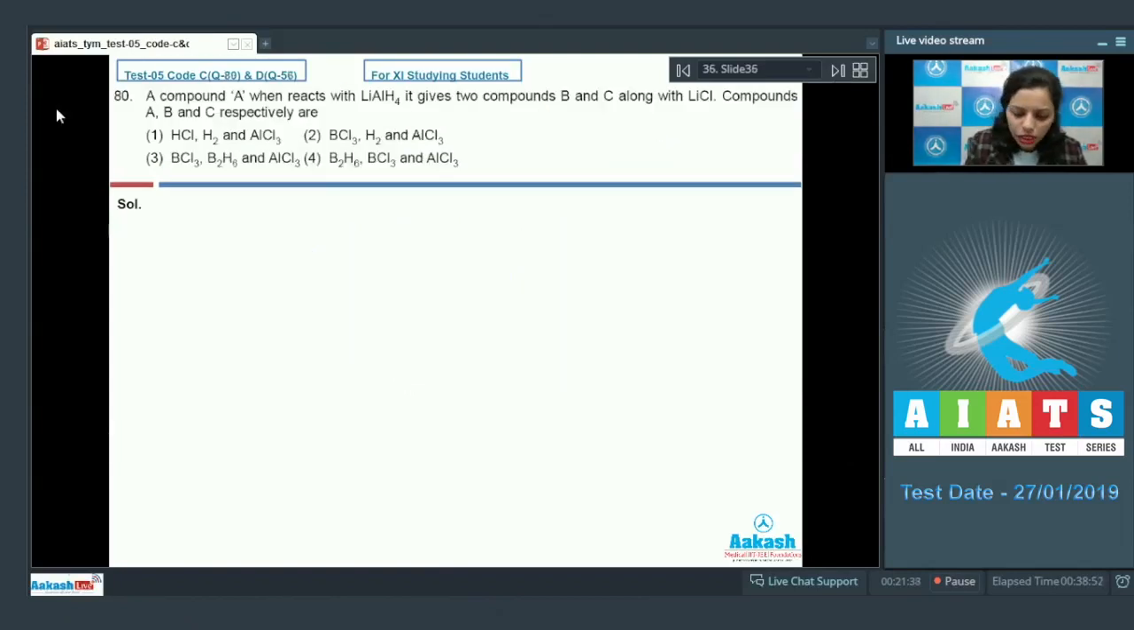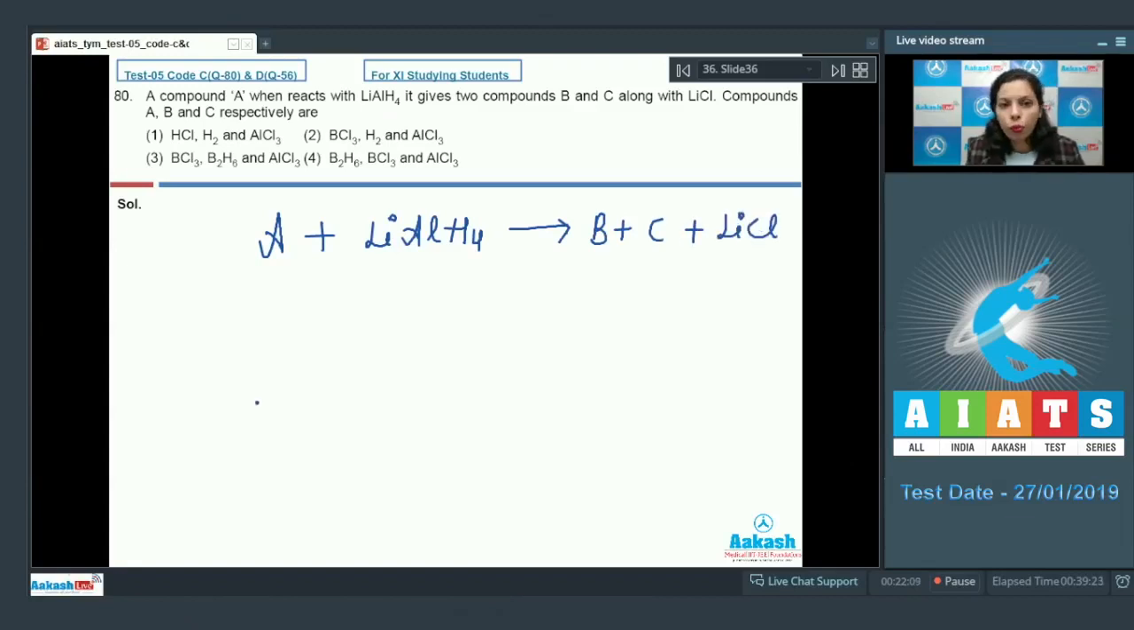After this, there's another question. Question number 80. A compound A, when it reacts with lithium aluminium hydride, gives two compounds B and C along with lithium chloride. Compounds A, B and C respectively are. We have an unknown compound A which reacts with lithium aluminium hydride, forming B and C, along with lithium chloride. You need to identify A, B and C. If you look at this reaction, you will easily identify that